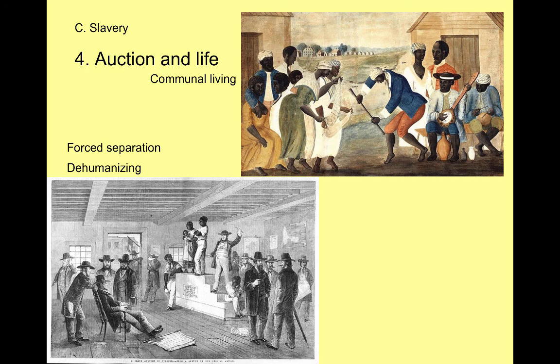The next thing I want to mention about communal living is if we look here, we see in this picture that slaves, of course, want to create community among themselves. Even though they're new to this plantation, they don't know anybody, they want to learn the language, so they'll learn the language at some point. Usually it's a blending of their own African language with some of the other African languages that are on the plantation, or the English language that their owners speak, and so we get this thing called Creole, which is a blending of these different languages.